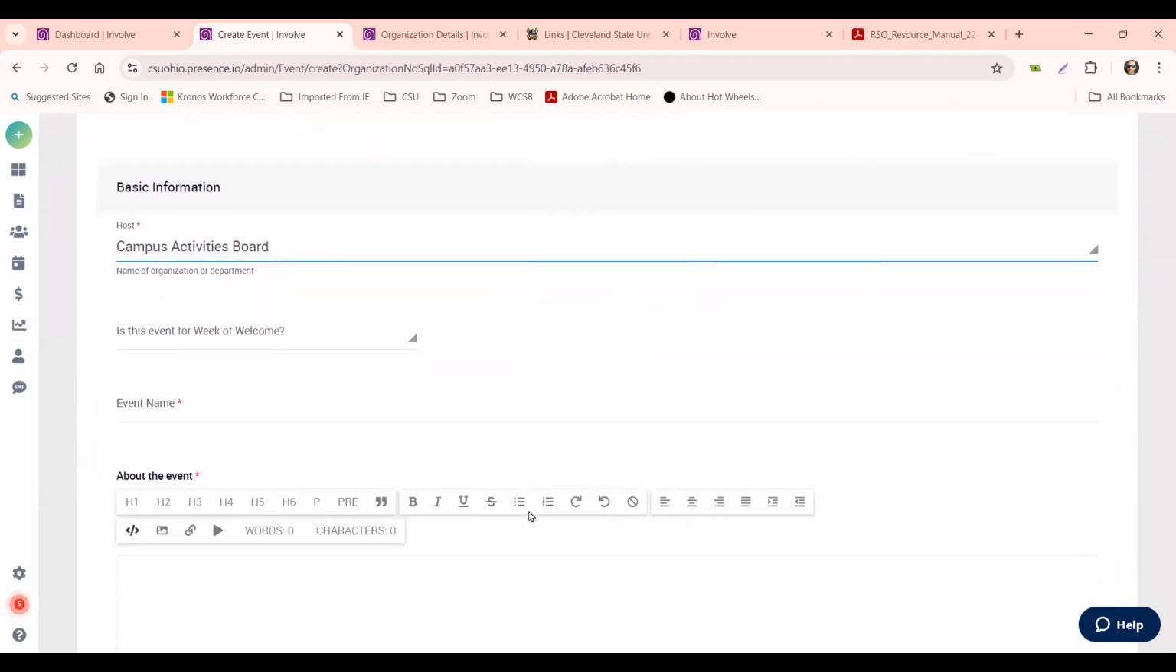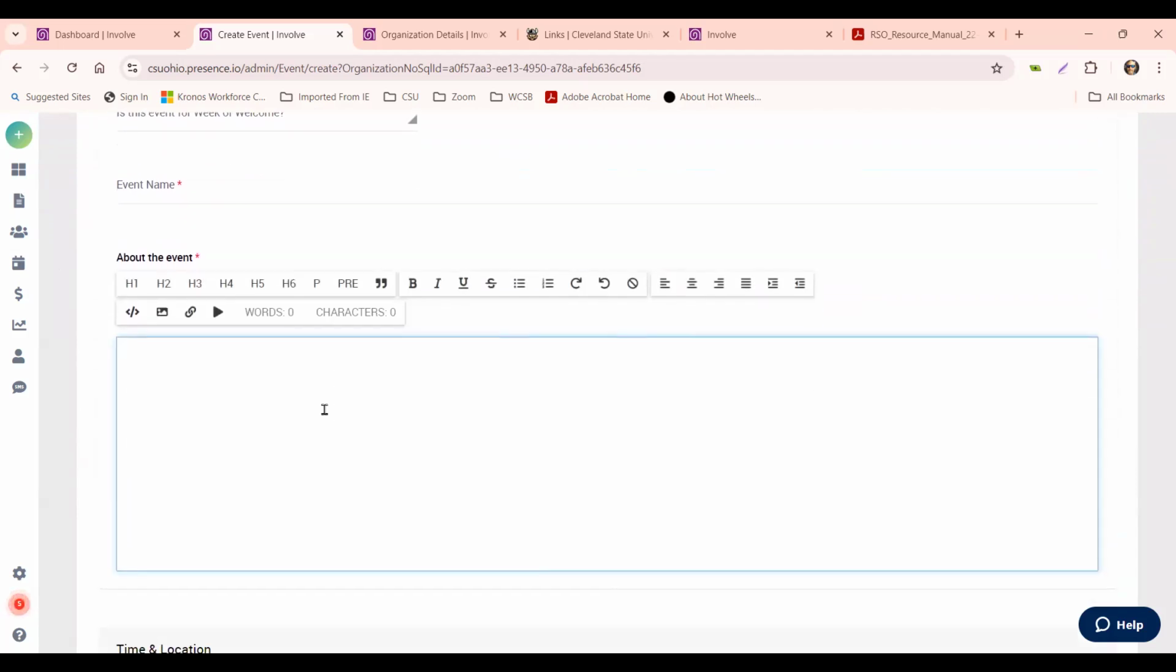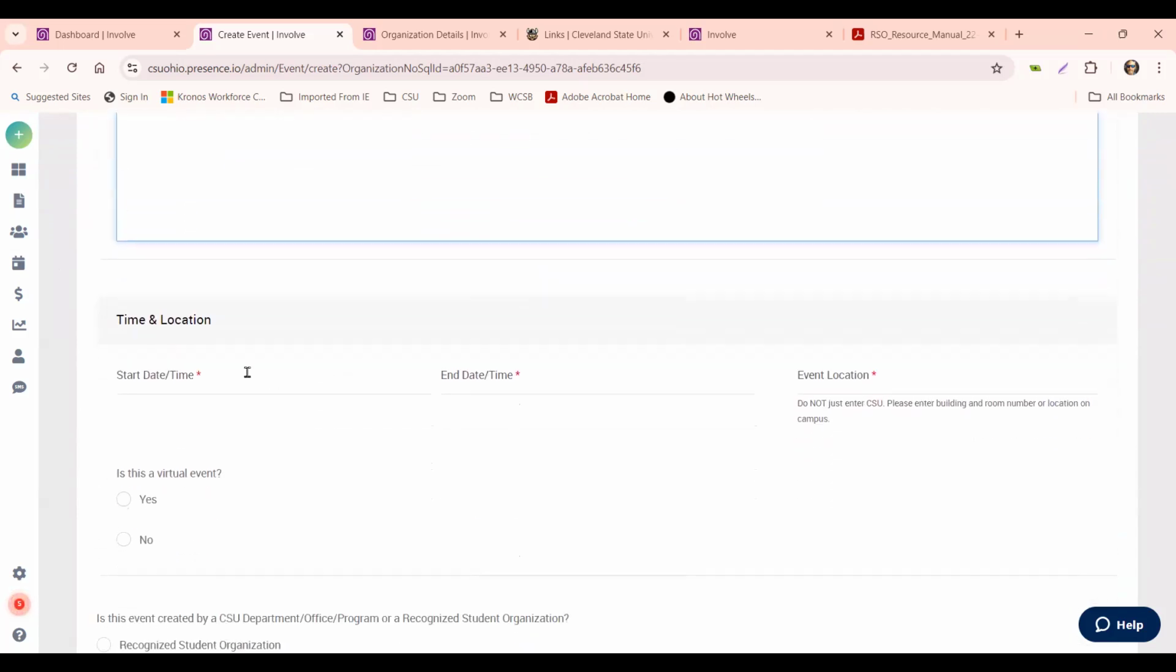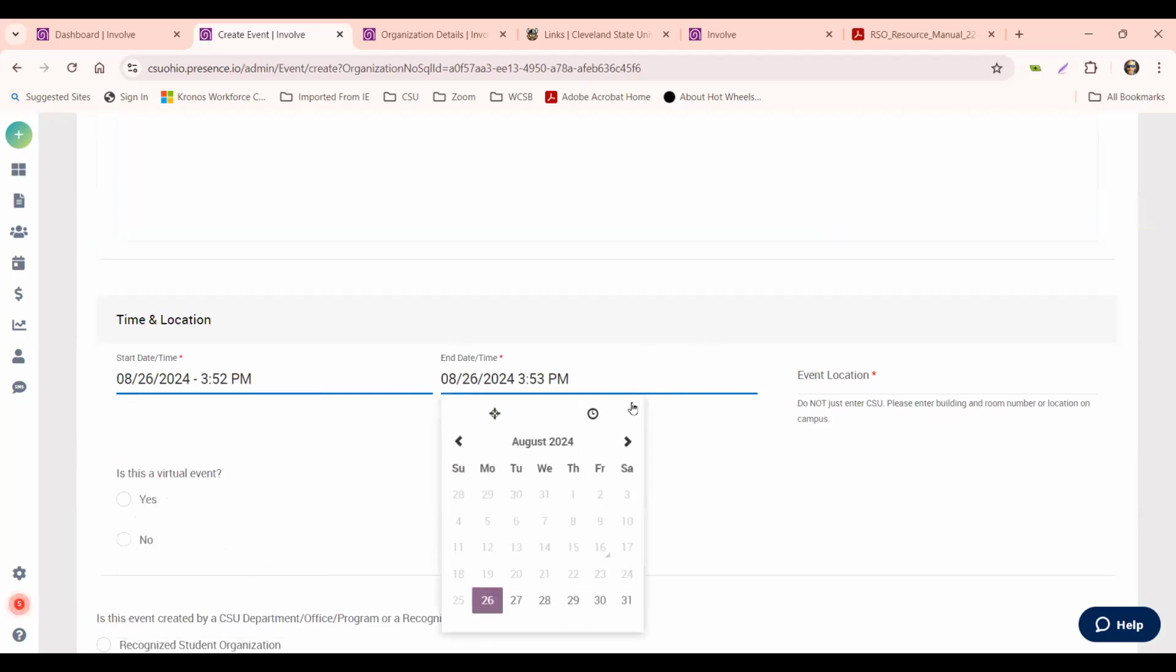You simply fill out the event. Try to be specific in things. Make sure that you understand as well, if you have a repeating event, each repeating event must be submitted separately. You cannot add additional times to the same event. So if you have like a bi-weekly meeting, if you know you're going to start on the 26th of August and say end